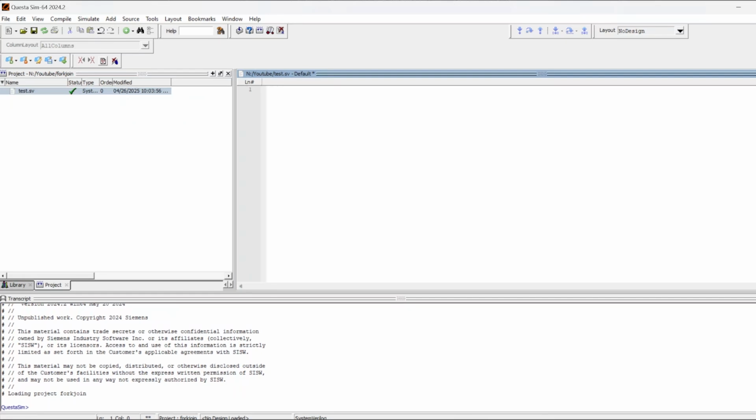Hello everyone. So in this video, I am going to discuss and design a dual edge flip-flop that transfers the data on both the rising edge as well as the falling clock edge. SystemVerilog does have an edge keyword, and it can be used to detect any change in input data in both the rising and the falling edge